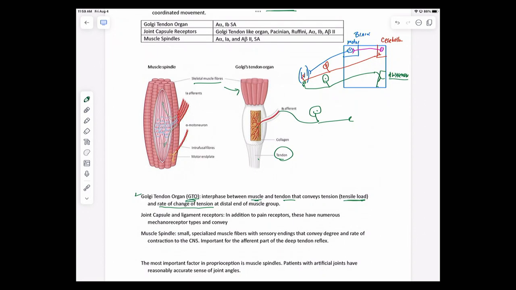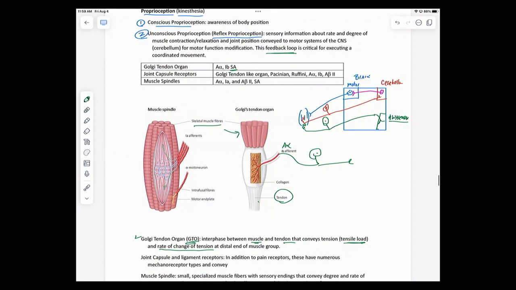So these fibers here, this is going to be 1B. Again, that's going to be your A alphas, heavily myelinated. So these are the fastest, really fast fibers because of all the myelin around that. And these are slow adapters. So that's one component of the proprioception.